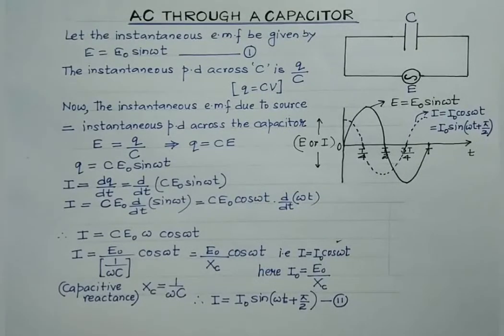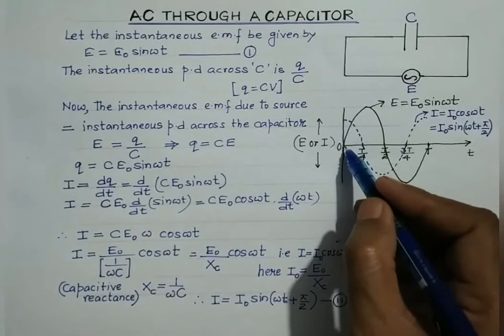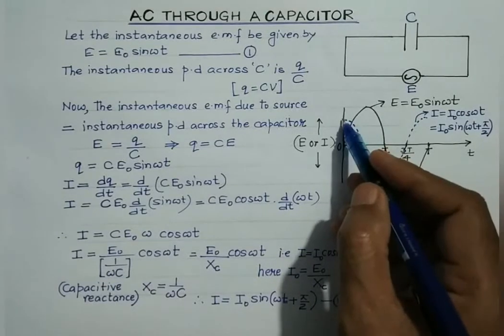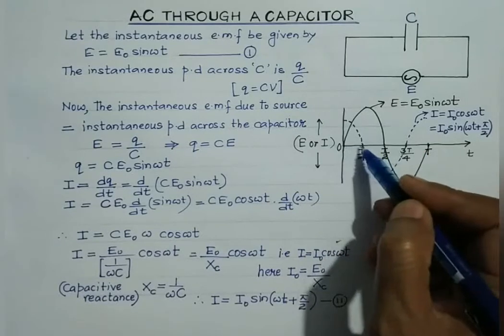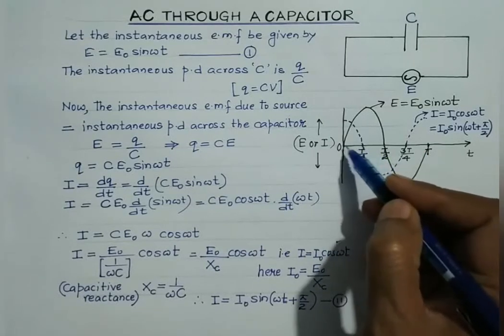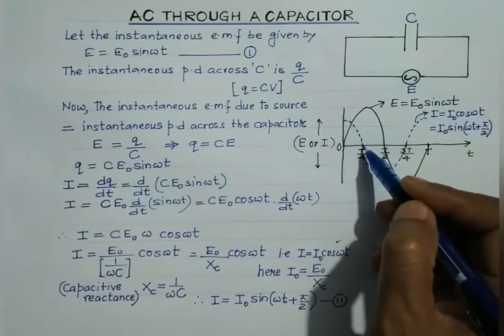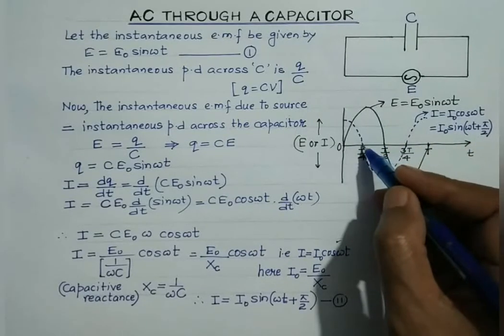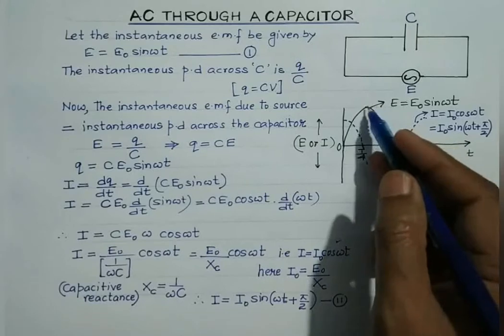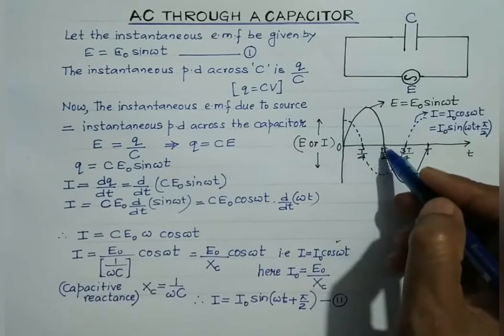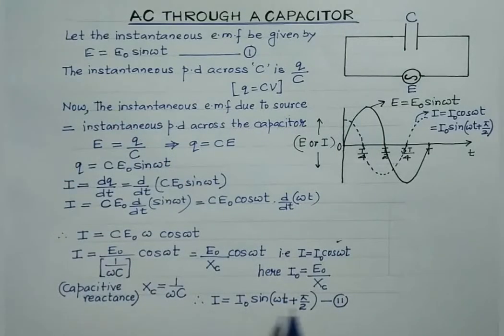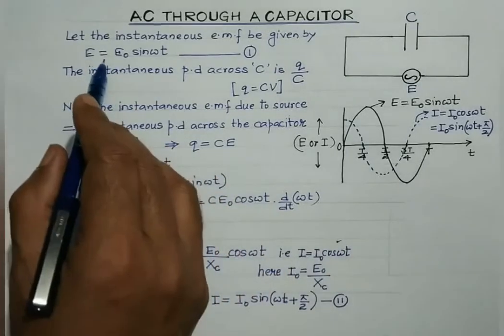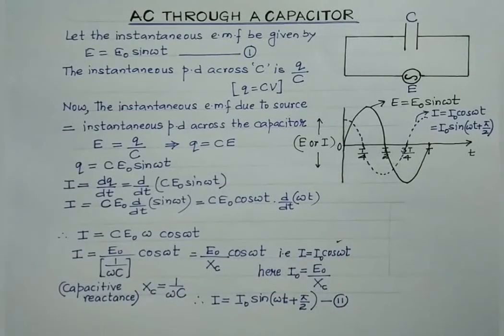Now from the graph it's pretty evident. Now look, here at t equals to 0 current is maximum, but the EMF becomes maximum after T by 4, which is equivalent to 90 degree or pi by 2, isn't it? Then again at this juncture the current becomes 0, but the EMF becomes 0 after pi by 2. So it means that the EMF is lagging behind the current by phase angle of pi by 2, or in other words the current leads the EMF by a phase angle of pi by 2, right?